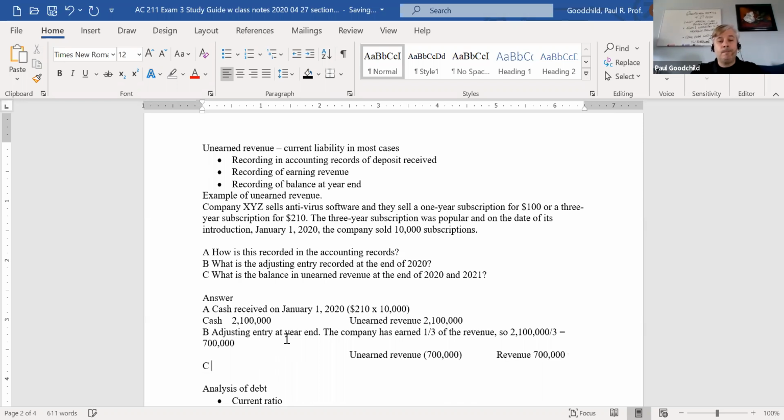C, at year end, remaining balance would be